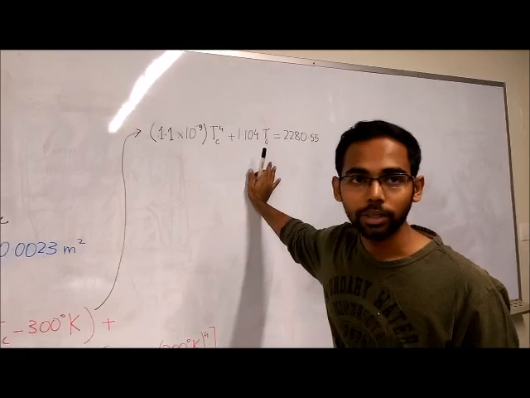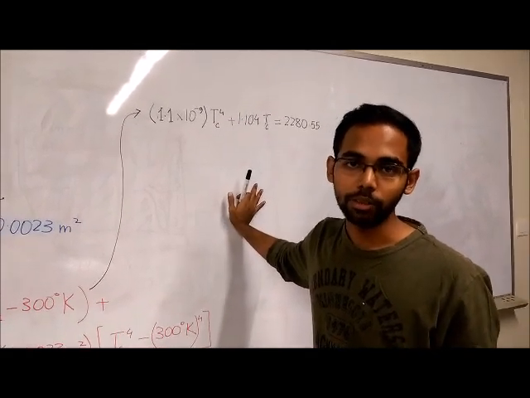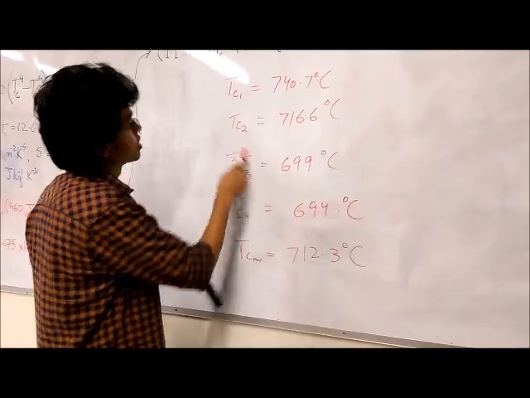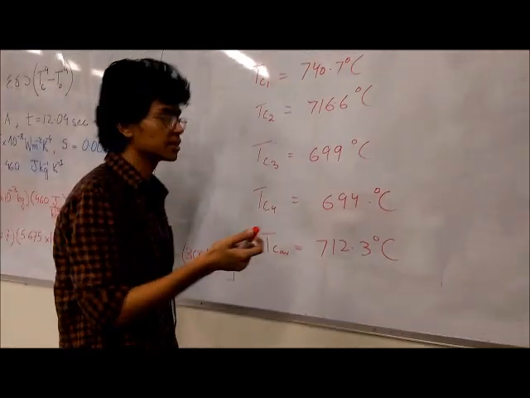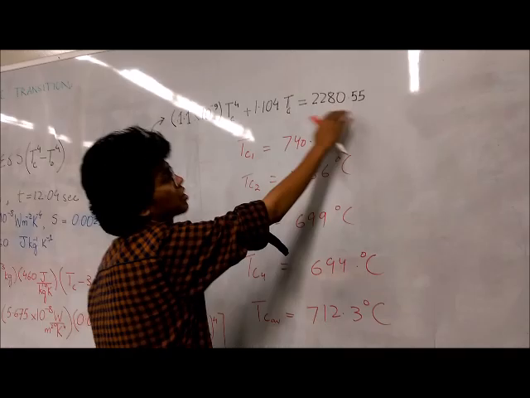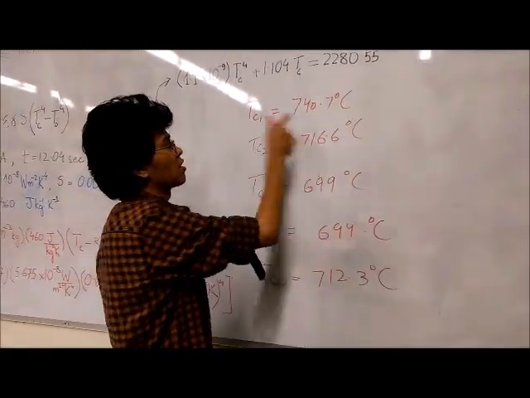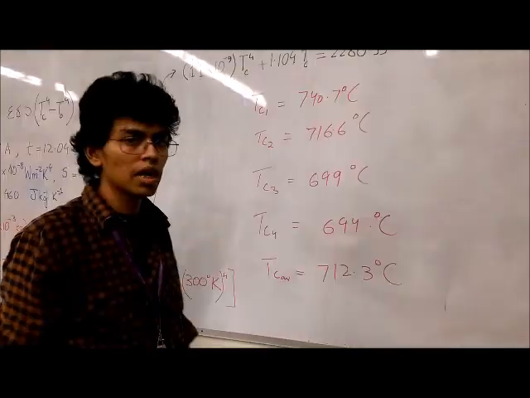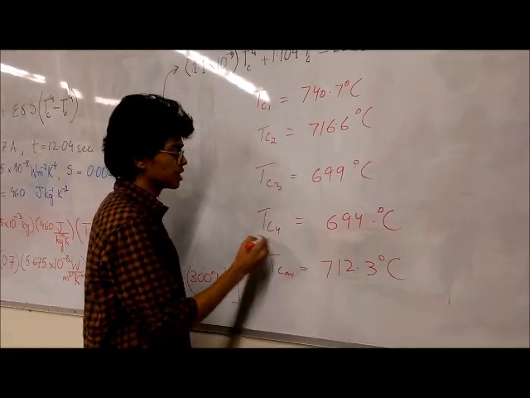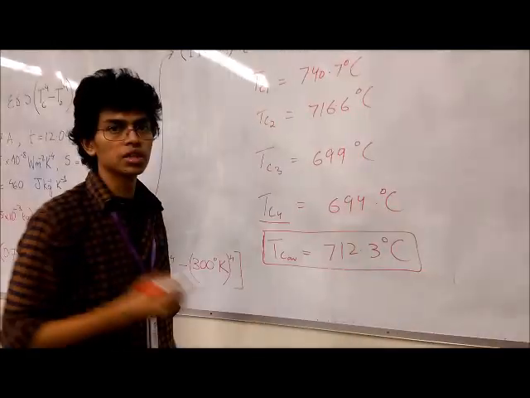So I'm going to make equations like these for each of the data sets and then solve them in MATLAB. This is the Tc value for our first data set. This is the Tc value for our second data set, third, and fourth. So we plugged similar equations into MATLAB and got a value for Tc. Now to discount for error, we took the different values of Tc and found an average value. This average value is our value for